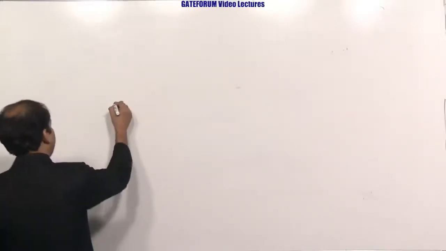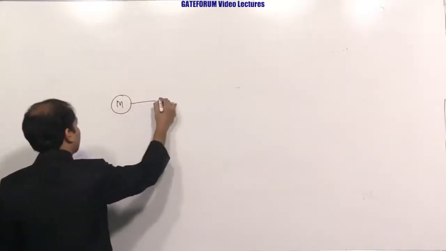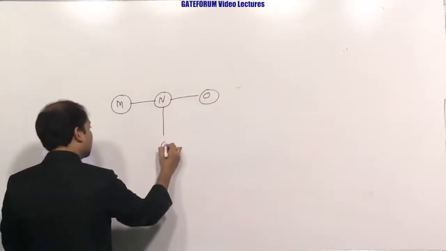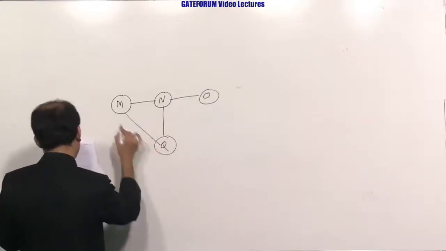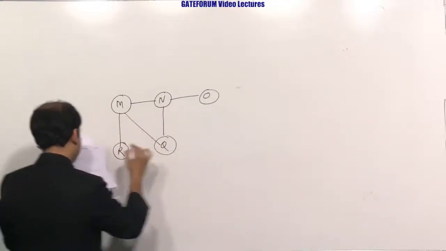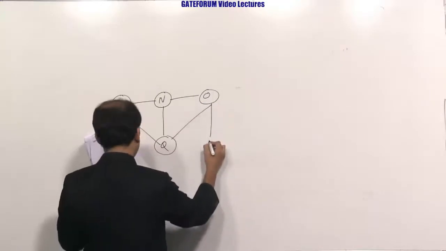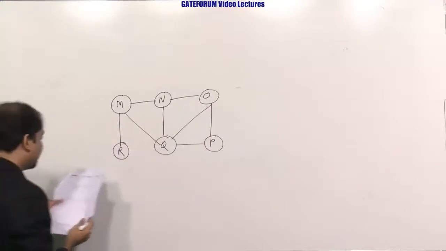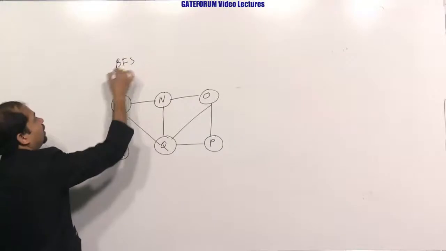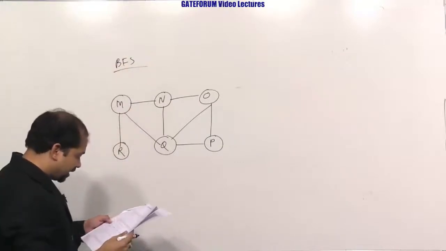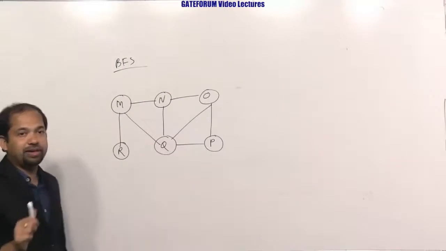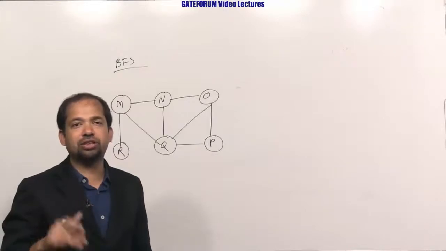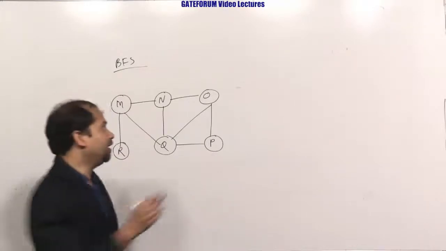So the graph is M, N, O, Q, this, R, this. Right. So the question is, see, in BFS what happens? A source vertex, in all cases, in the first case it is M. So the first vertex should be the source vertex, and in BFS we discover the vertices uniformly across the breadth of the graph. Means in BFS we first